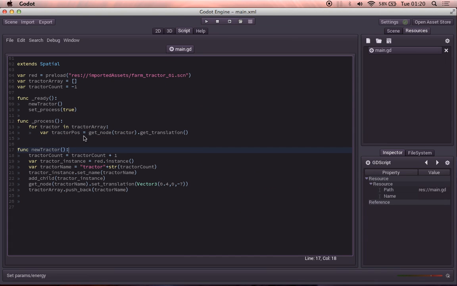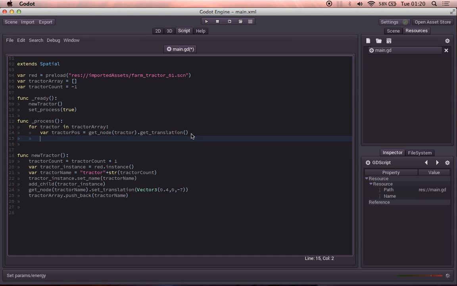Okay, so we choose get translation, and now the tractor pos has got that variable in it. I suppose really we could call it tractor trans for translation, but pos works in my head, so we're going to use that. So the next thing we're going to do is update the position. So what we're going to say is we want the tractor pos